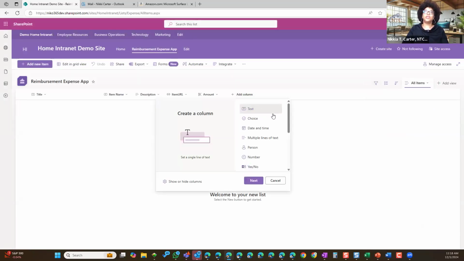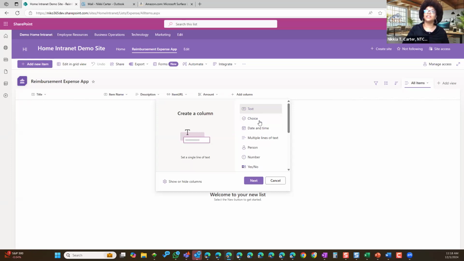Now, I didn't really talk about this the last time, but we'll go over it really quickly. These are the types of columns that you can add. So say you have a spreadsheet of data and each of those columns in your spreadsheet would take in each row a specific type of data. This is how you can make those same types of decisions that you make with your data on your spreadsheet by adding the different types of columns that you want.